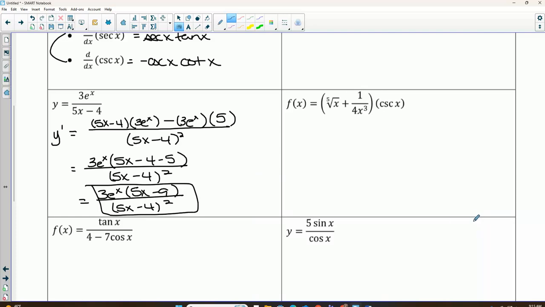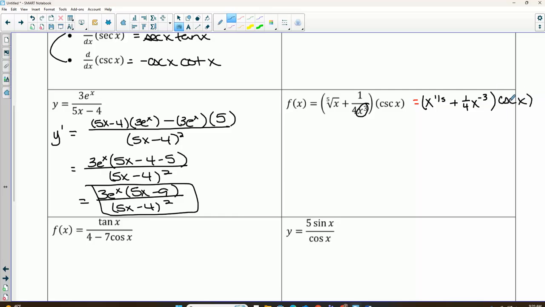Do you guys want to try a couple on your own and then we can check them together? So, do some derivatives and we'll check ourselves. At the very least, you probably need to rewrite. The fifth root of x would be x to the 1/5 power. I put this on here intentionally, 1 over 4x to the third, because we've had problems on the homework and people are writing that one wrong. When you do that, it's just the x that we're bringing up, so it's 1/4 x to the negative third